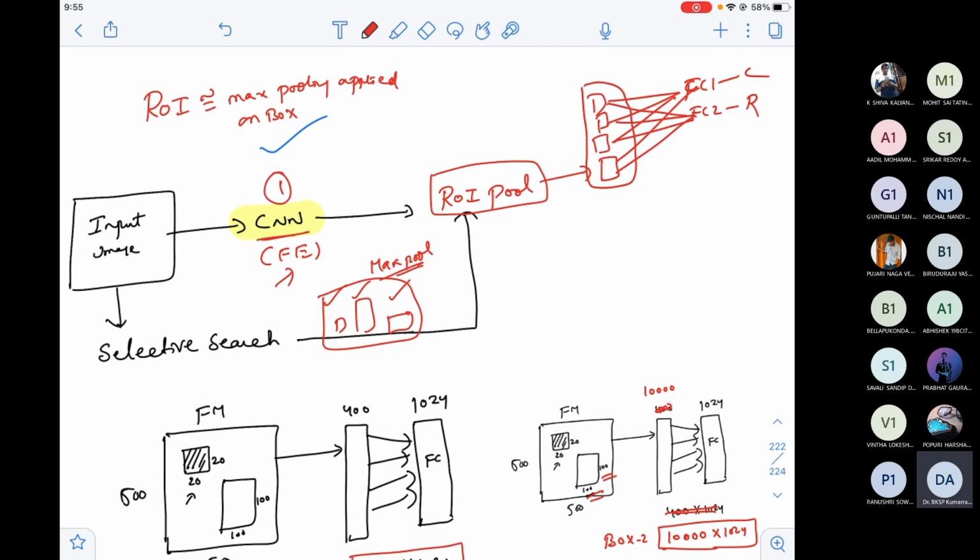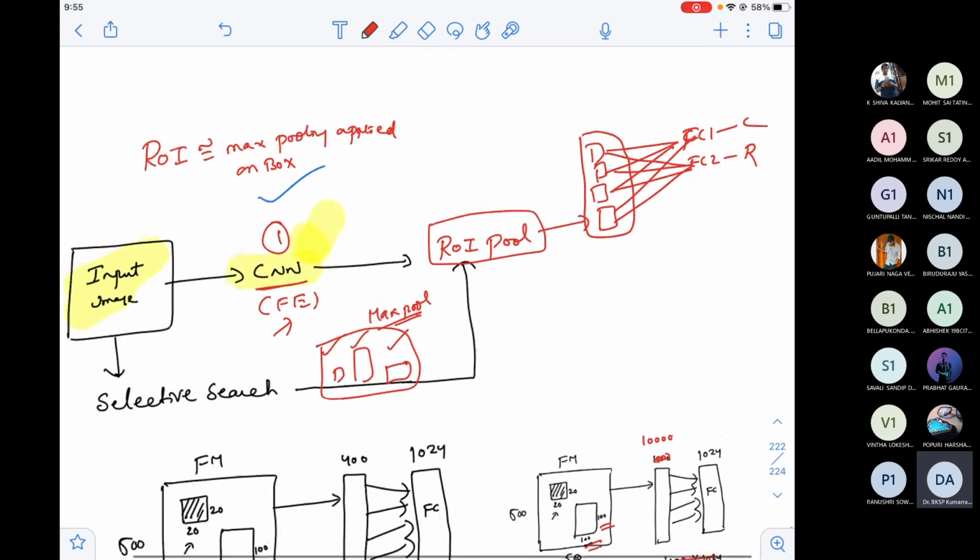Why is it faster? Because I pass the entire input image to the CNN, and I'm performing the CNN only once. The second difference is I'm extending my CNN architecture to perform classification and regression instead of using dedicated models.